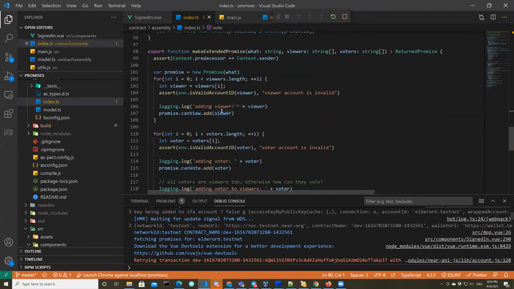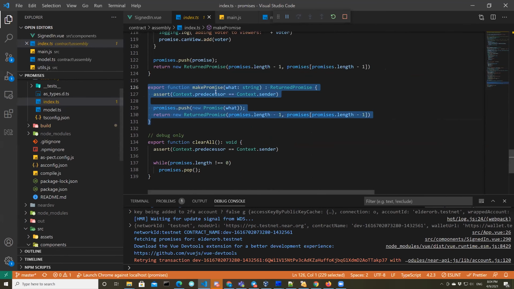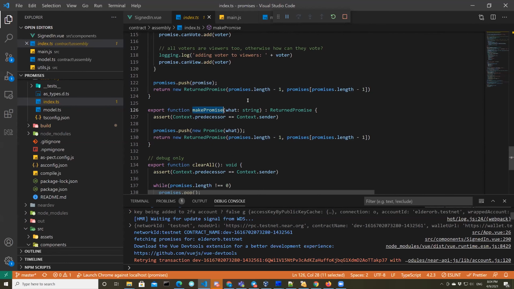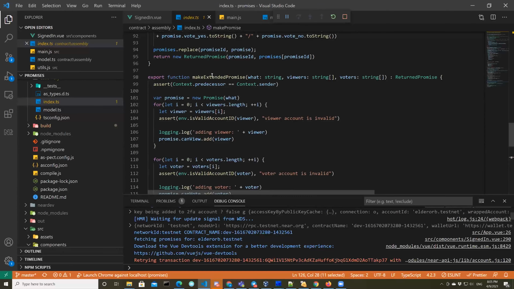We also have two functions for creating promises, because originally I made it in a very simple way. Originally there was only the function make promise. To keep it simple, and also to not break anything just before the demo, I decided to introduce another function for handling private promises. It allows specifying two extra parameters, a list of viewers and a list of voters.